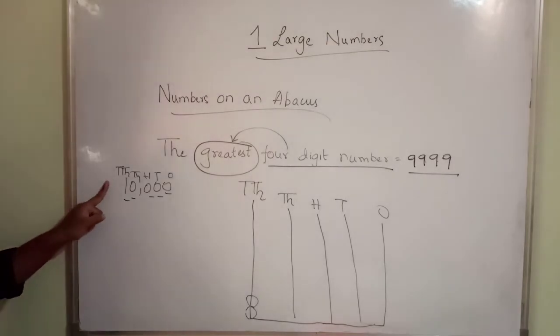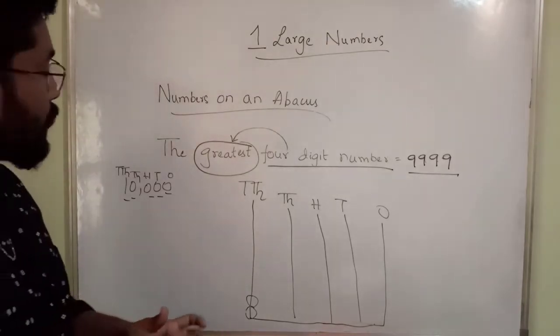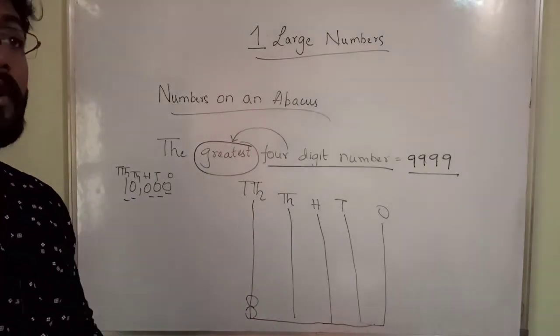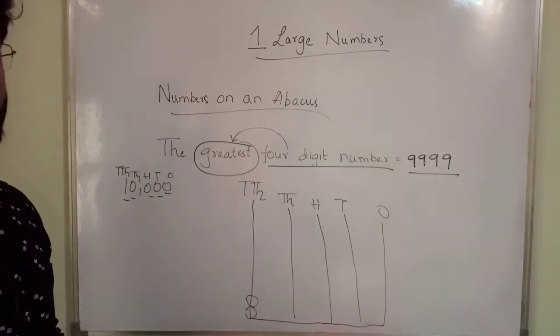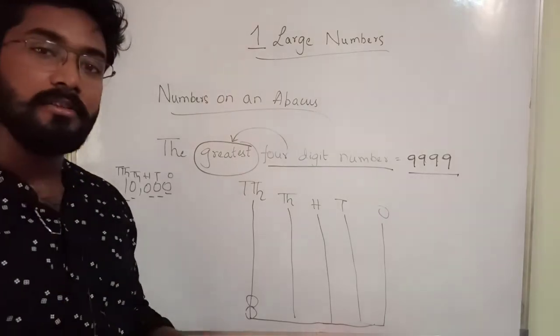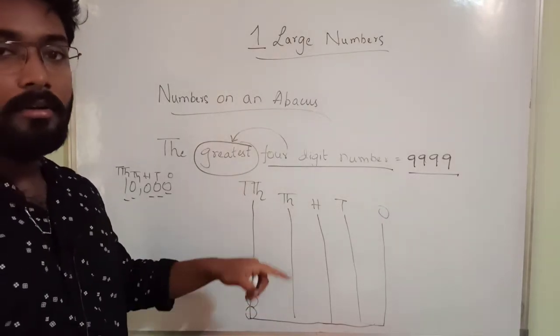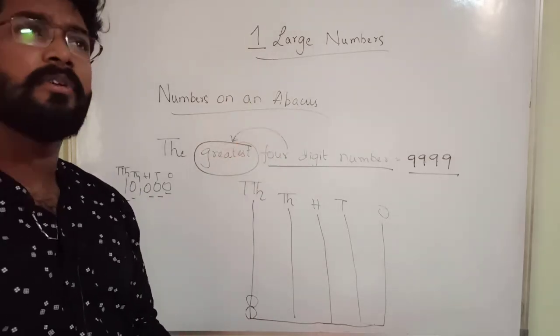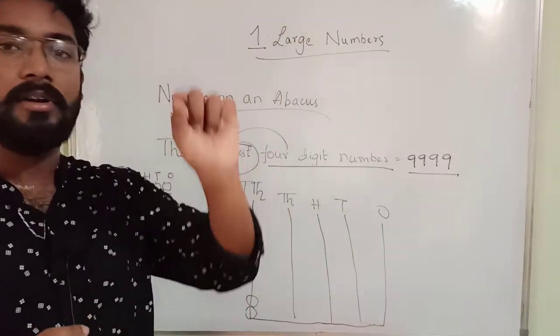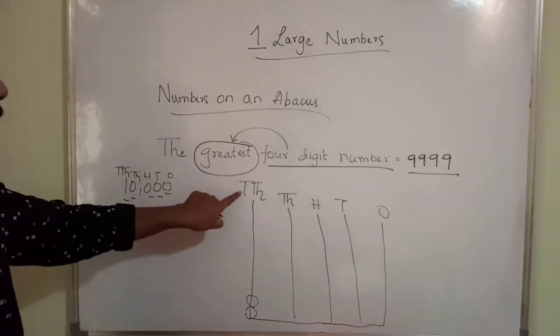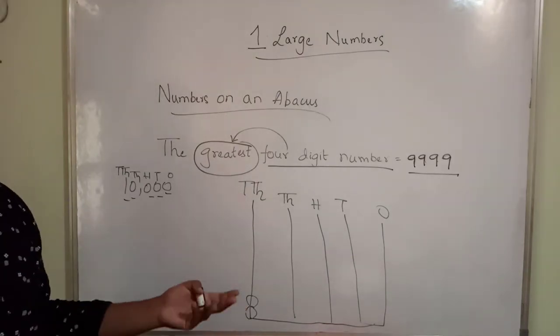Okay, clear? So you can represent this one in thousands rod also, but you have to keep 10 beads, which is very long. If you want 20,000, how can you represent in thousands rod? You have to keep 20 beads. It will be very lengthy. For counting it will take so much time. Instead of that, keep one more rod and keep it 10,000. It will become 10,000. That's all.